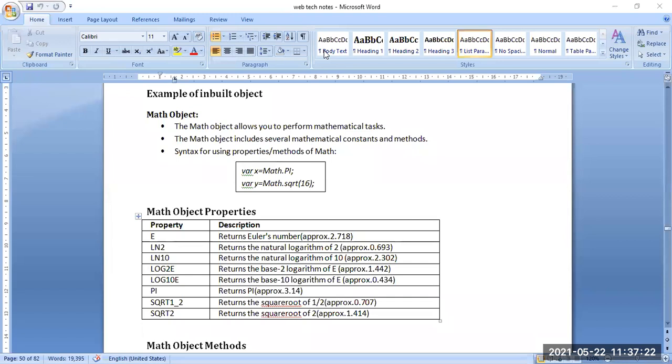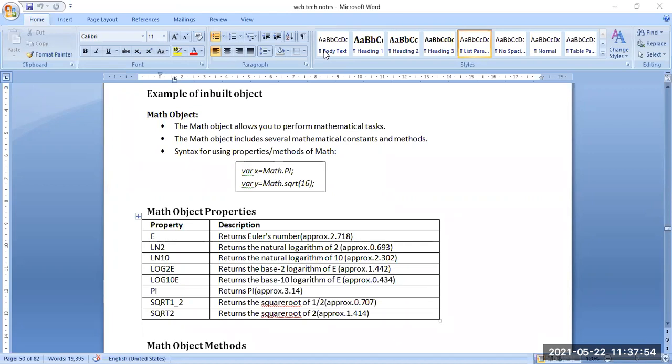The Math object allows us to perform mathematical tasks. Whatever mathematical task is going to happen, this Math object will help us perform it. The Math object includes several mathematical constants and methods.